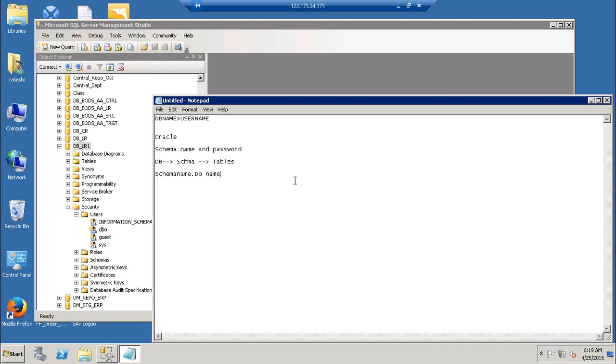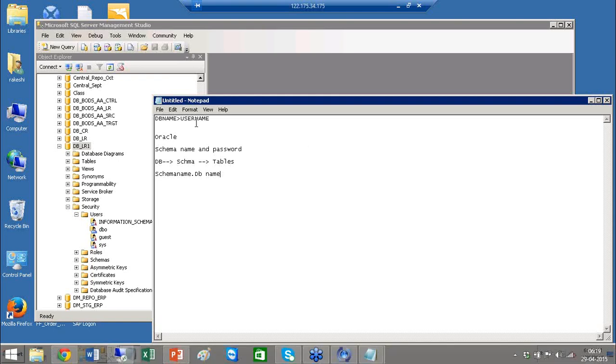So that is the main difference, Lakshmi. On the database side, if it is on SQL Server, it will be database.username, and if it is on the Oracle system, it will be username.database name. But anyways, there is no need for us to worry about it because the database guy will be taking care of all these things. As a BODS administrator, we just need to raise a request for